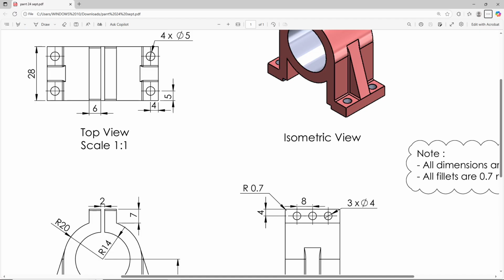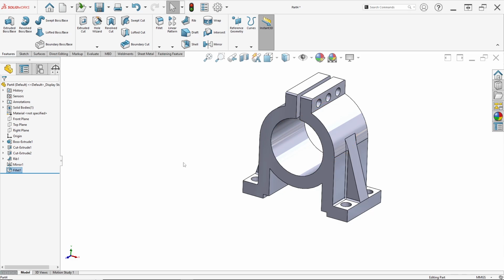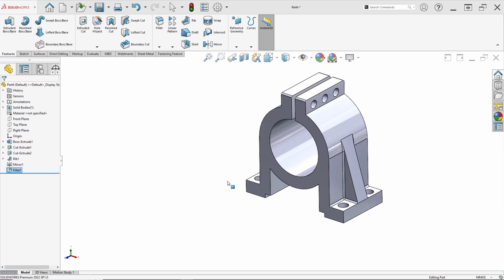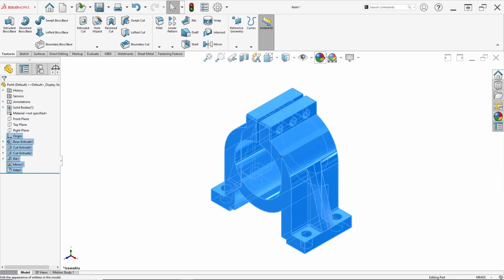After that we can change the appearances, the color, like this. In here select all the features and click edit appearances.